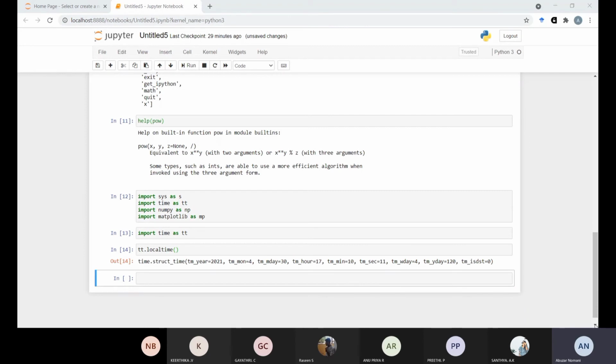You are free to choose any short name for an imported module, such as using NP for NumPy, SP for SciPy. One advantage of using such commonly used short names is to make our programs more readable to others.